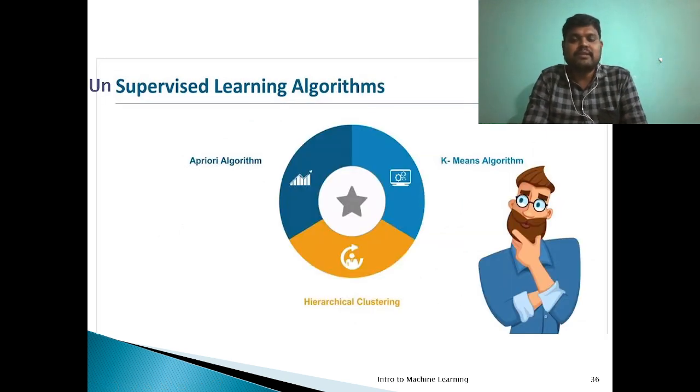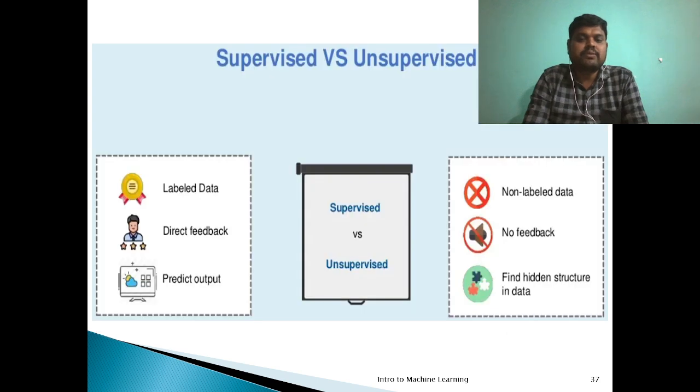There are a number of unsupervised learning algorithms available. The most popular ones are k-means, hierarchical clustering, and the apriori algorithm, right? The main difference between supervised and unsupervised is that for supervised we are using labeled data, and direct feedback is also possible.